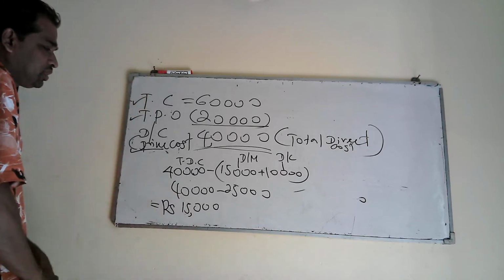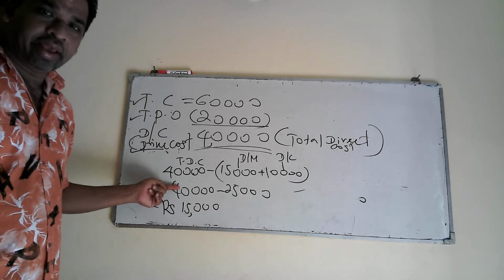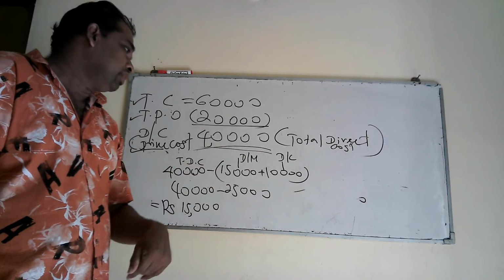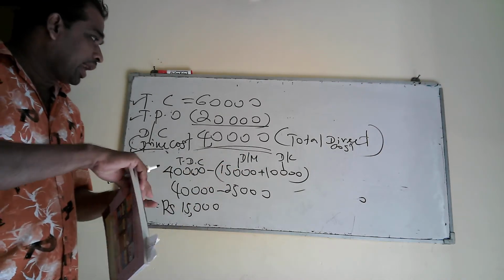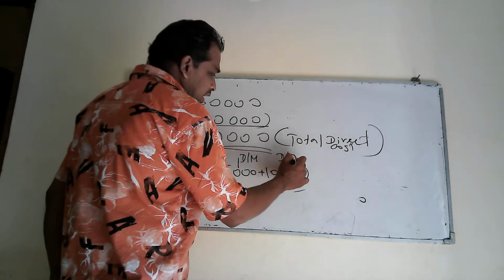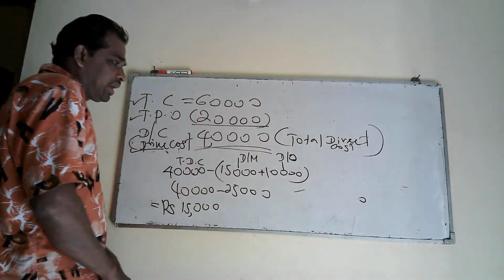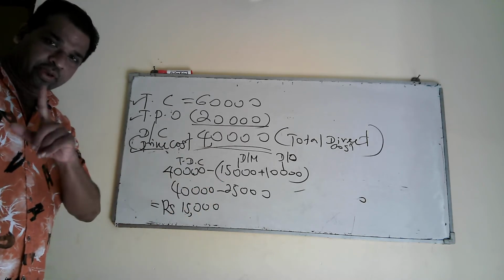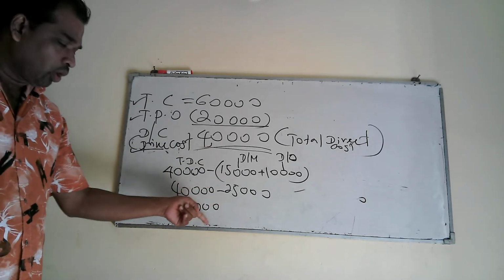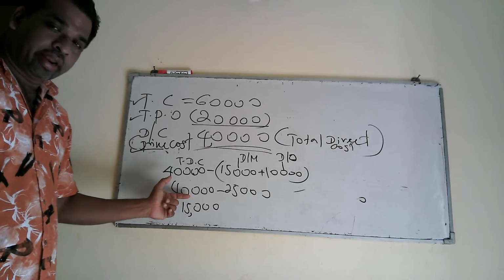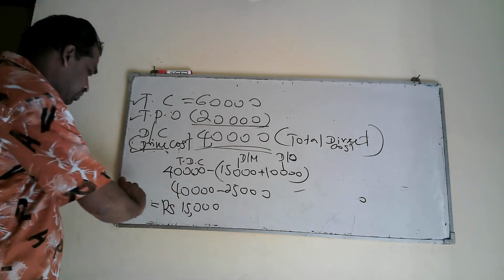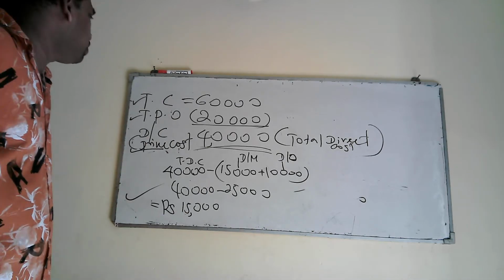15,000, right? This is total direct cost. From that value you deduct the addition of direct material and direct labor. So direct material and direct other cost. This is 10,000, direct other cost. Direct other cost 10,000. Direct material cost 50,000. We asked to calculate direct labor cost, therefore we got 15,000. How? Total direct cost minus the addition of direct material and direct other cost. Right. That is the answer for the question